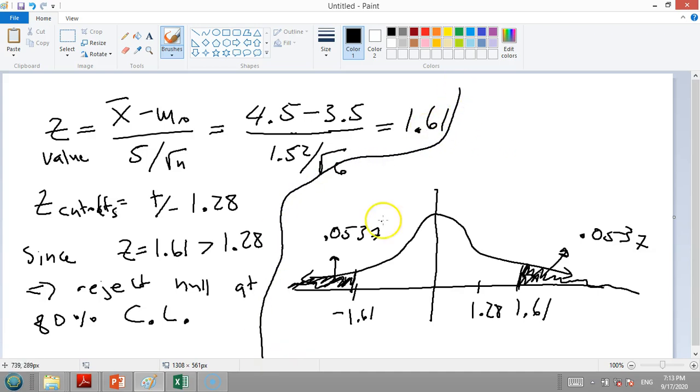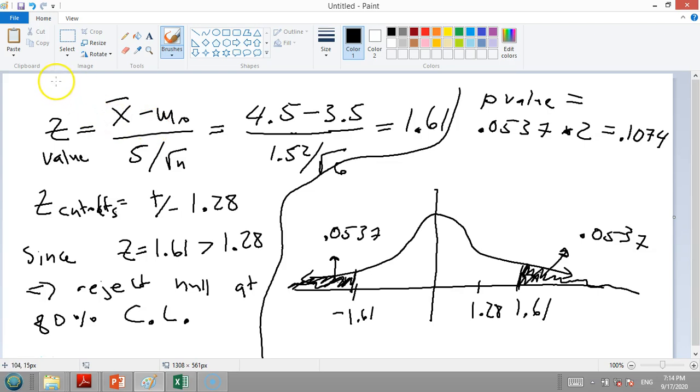So the total, this is separate now, okay? So p-value equals 0.0537 times 2, which equals 0.1074, like this. Okay, and its p-value in this case,